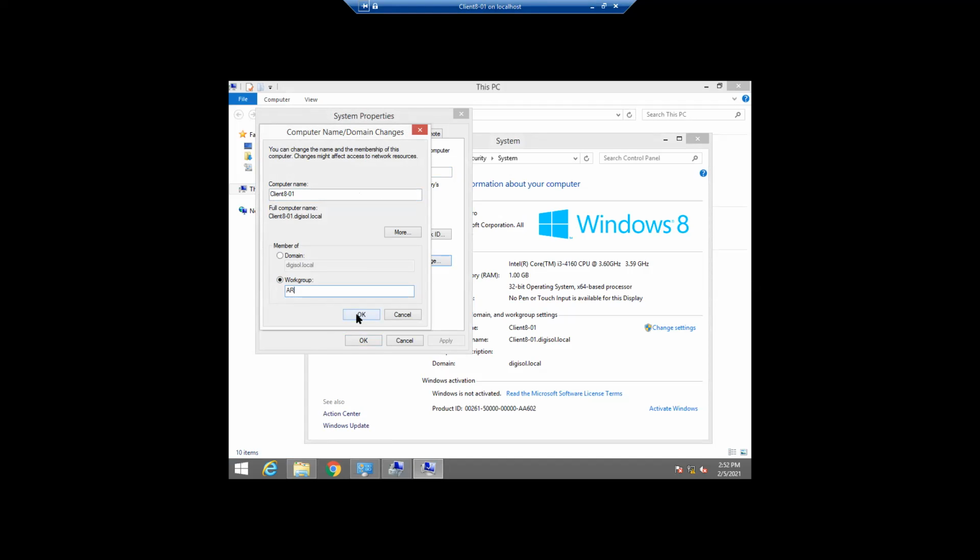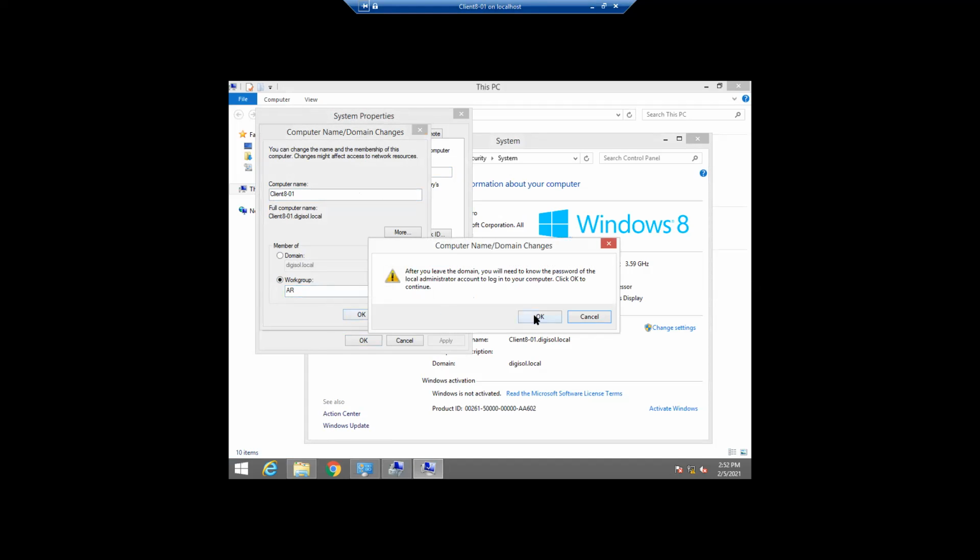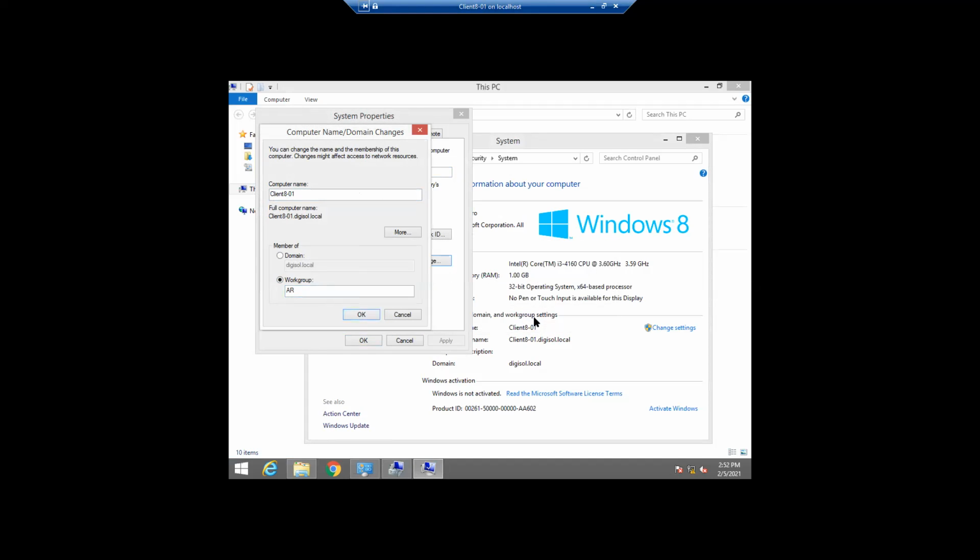It tries to contact the old domain controller, then it will remove it from there.